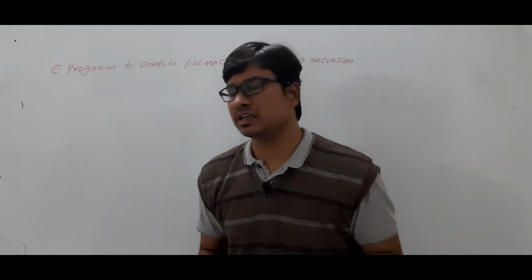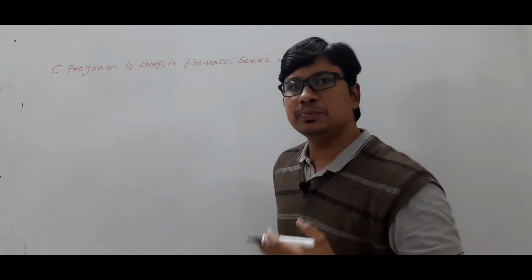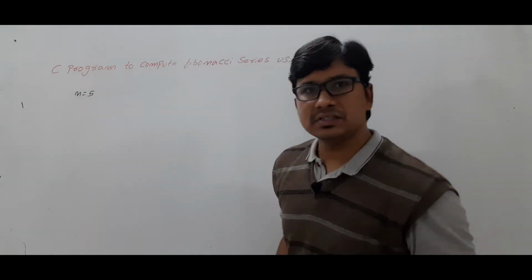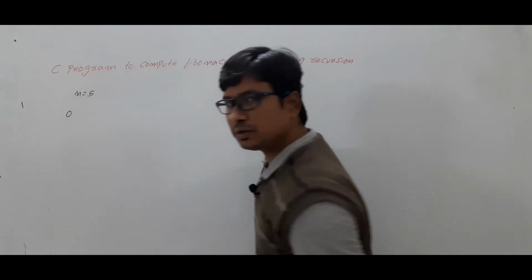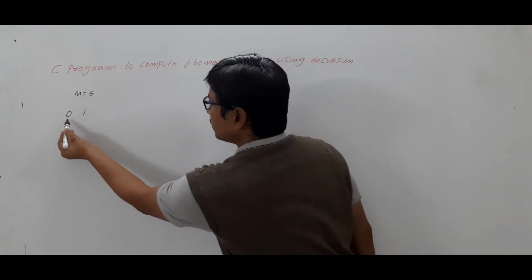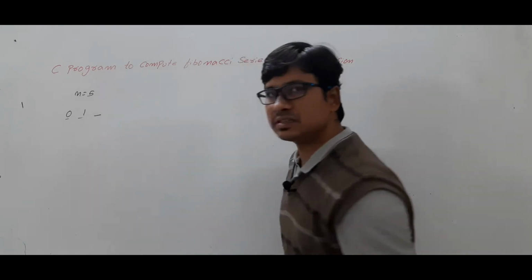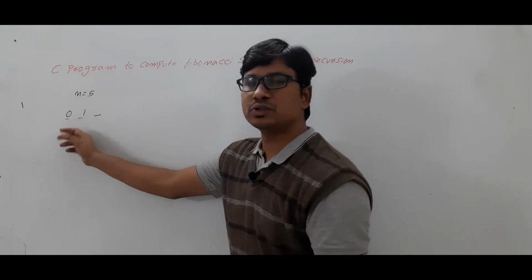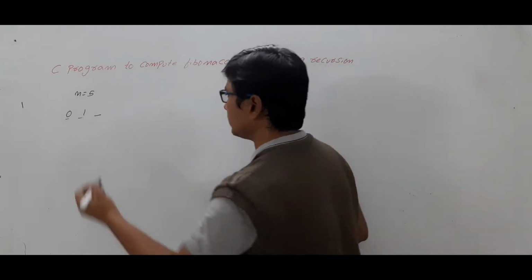What is a Fibonacci series? Let me discuss. The Fibonacci series is nothing but, suppose you want to display the first 5 numbers in the Fibonacci series. Now, the initial number will be 0 and the next number will be 1. Out of 5, the first two are 0 and 1. Now, you want to find the next element in the series. The next element is nothing but the sum of the previous two elements. What are the previous two elements? 0 and 1, which is 1.